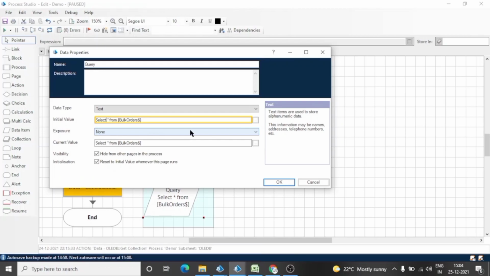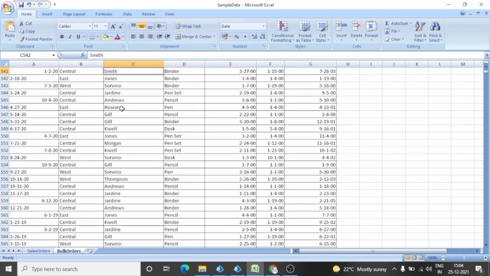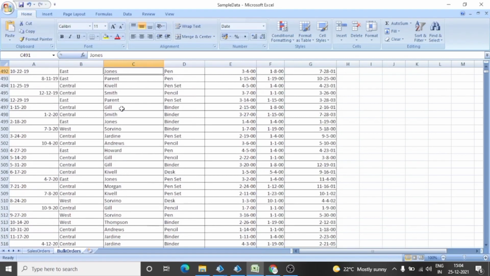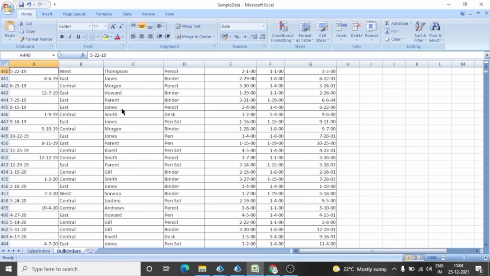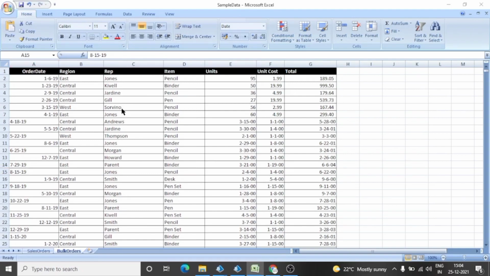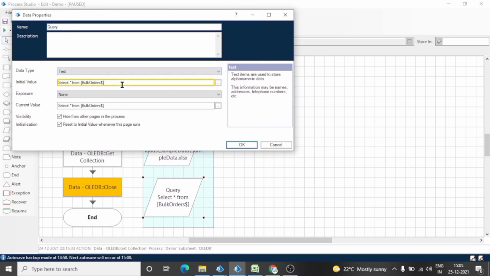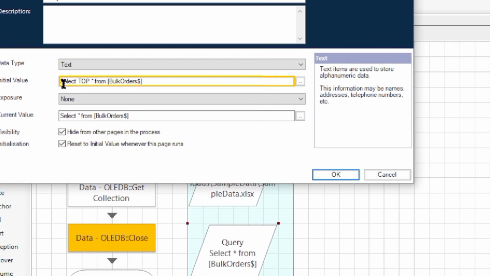Select top. In computer science there is a basic rule or algorithm we follow. If you are dealing with a large amount of data, or if our program has many lines of code, then we divide that program into sub programs. We divide that portion into sub portions. Similarly we will do here: divide and conquer.